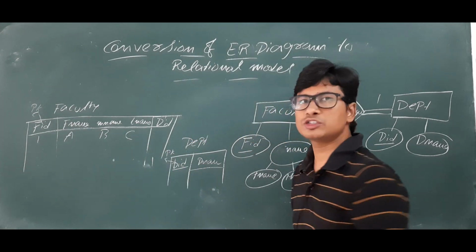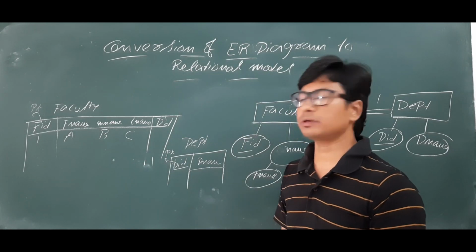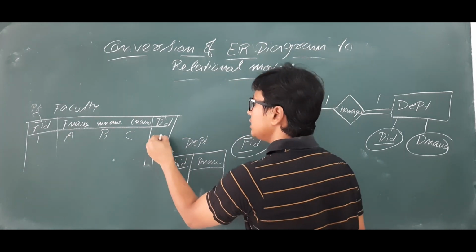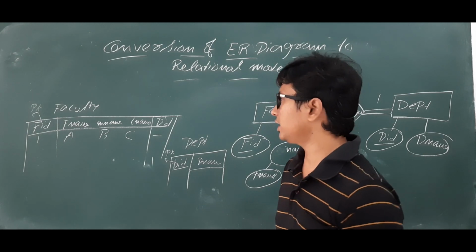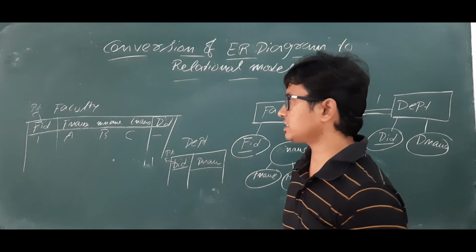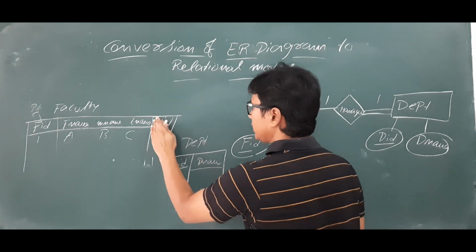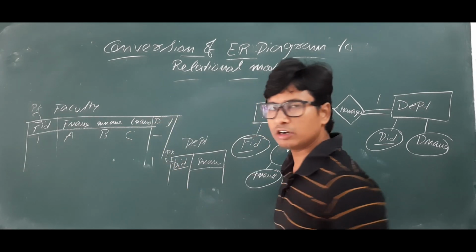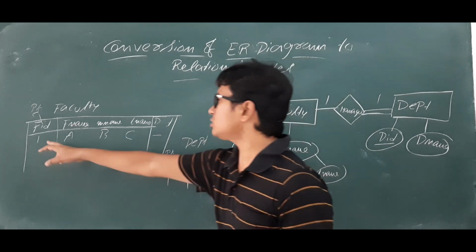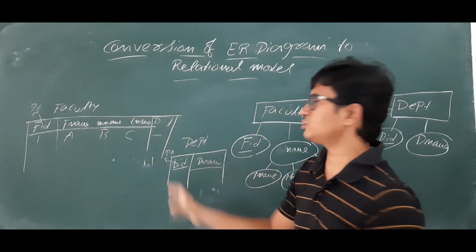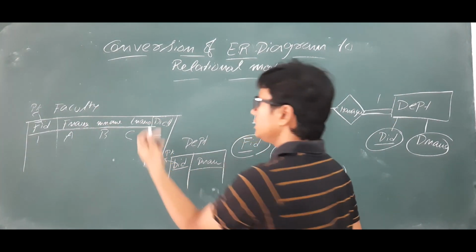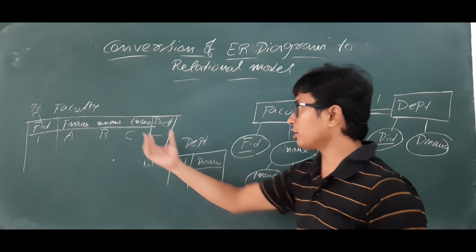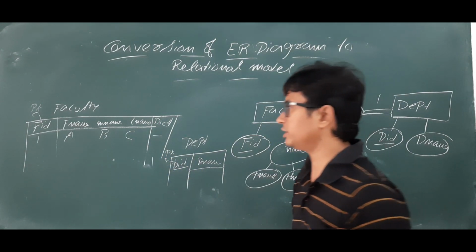Let's say that he is not a HOD for a department. Then what will the value be? His value will be null. Is it clear? Are you able to understand? Or if you want, I will write it as whether he manages the department, but let's keep it simple. Because he is not acting as a HOD for any department, his value will be null. I am talking about the HOD relationship only here.